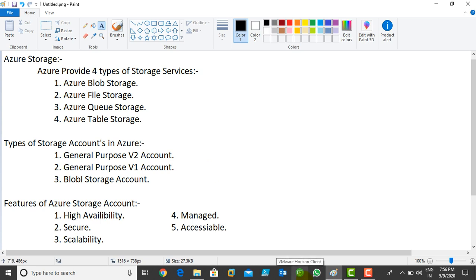Next we have Azure Queue Storage. Queue storage is mostly used for applications like Paytm. Imagine that in Paytm, millions and billions of transactions are running in one day. If you make any transaction in Paytm, your transaction is saved in queue storage. In the background of Paytm, Azure provides queue storage. Whatever transaction you do, by default it is saved in queue storage. When your transaction is done, it is automatically deleted from the queue storage.